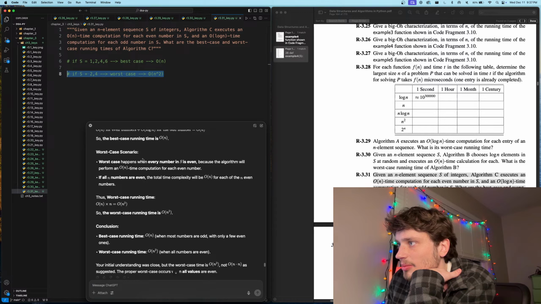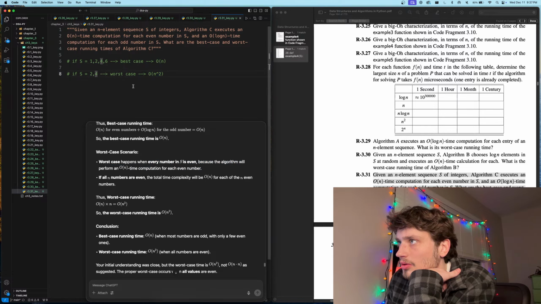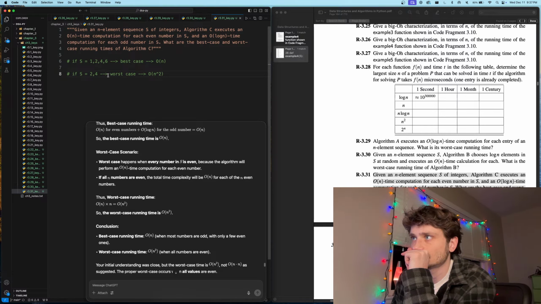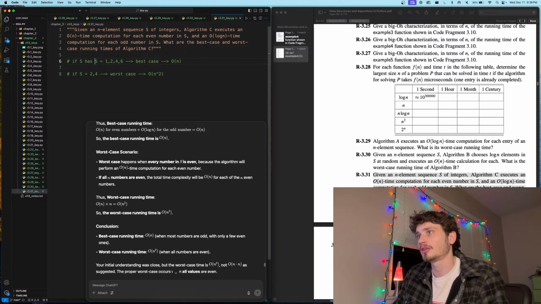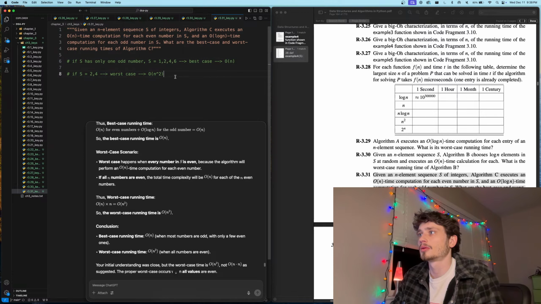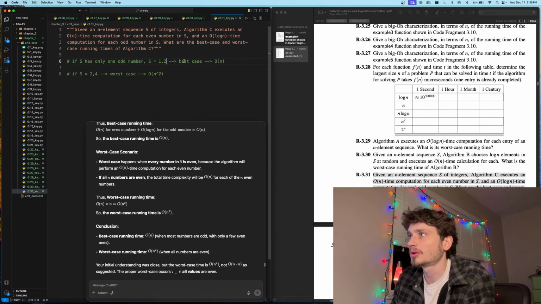The worst case happens every time when every number in S is even, because the algorithm will perform an O of n time computation across each even number. Okay. If S has only one odd number, one odd number and one even number,